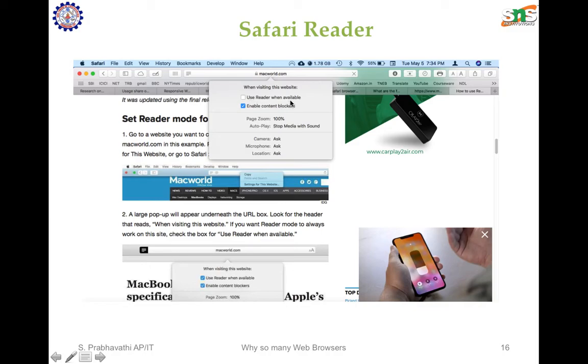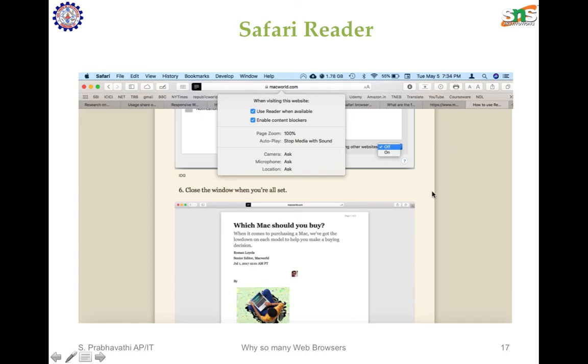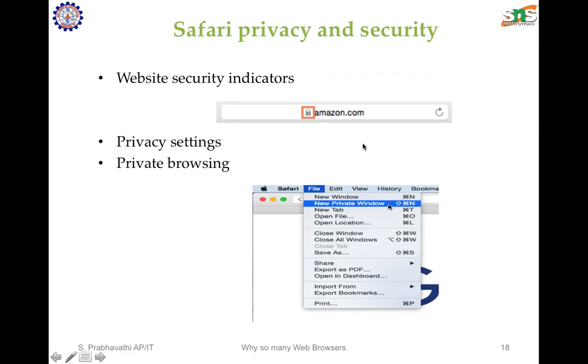Once we click, all the advertisements go off and we can read only the content or the article which we are interested in. That is by means of the Safari Reader feature. And talking about its privacy and security.